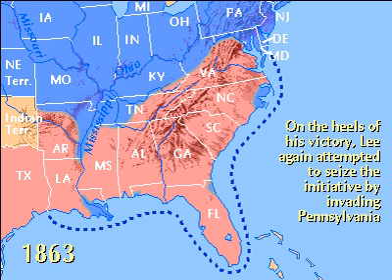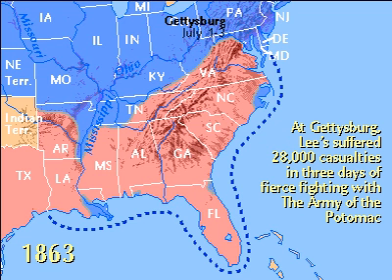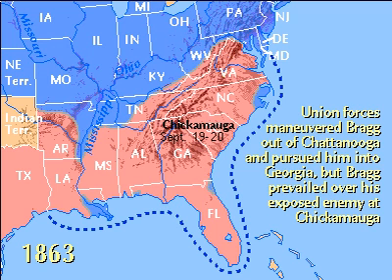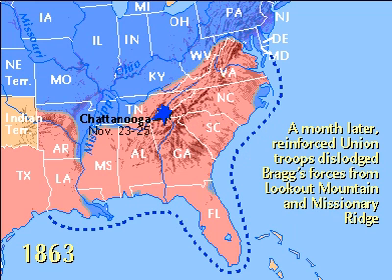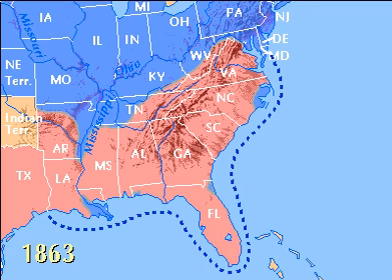Lee seized the initiative by invading Pennsylvania. Hoping to relieve some pressure on Vicksburg, Union General George Meade and Lee met just west of a town called Gettysburg. In the ensuing battle, the South suffered 28,000 casualties in 3 days, including 6,000 in Pickett's charge. Vicksburg fell the next day. In central Tennessee, Union troops forced Bragg out of Chattanooga and into northern Georgia, but Bragg caught exposed Union forces and defeated them at Chickamauga. A month later, under new command, Union forces dislodged Bragg from Lookout Mountain and Missionary Ridge.